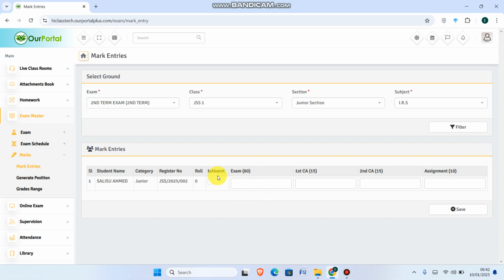So here now you can decide, maybe the student is absent, then you click absent here. But if it is not absent, then you leave it blank, meaning that the student is present. Now don't forget, in our exam distribution, we entered 60 for exam. So now this student scored 45. I've started entering the score for the students. Don't forget that if I have more than one student, they will all be appearing here, so that will give me the chance to enter the scores for them at once. So on the first C, which is 15, the student got, let's say, 14. Then the second C, the student got, let's say, 12. Then for the assignment, normally